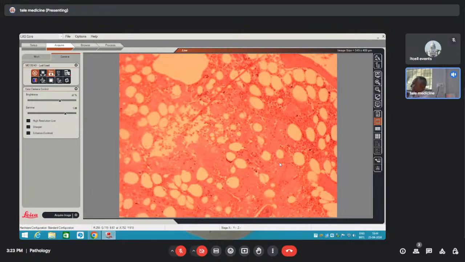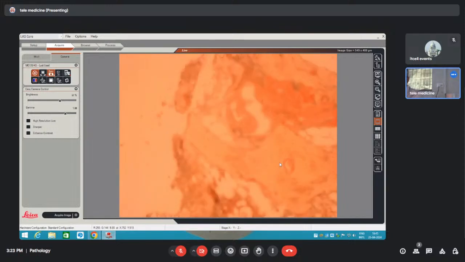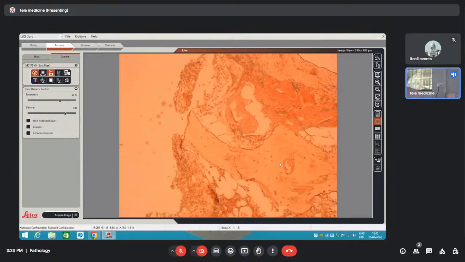So once the polarizer came, you looked at the Congo red. Our polarizer came but did not work. Okay? So what to do? There is a stain called KMNO4 pre-treated Congo red stain. First I'll show you the Congo red stain. So this is amyloid HNE. Now see the Congo red. This perivascular space on the